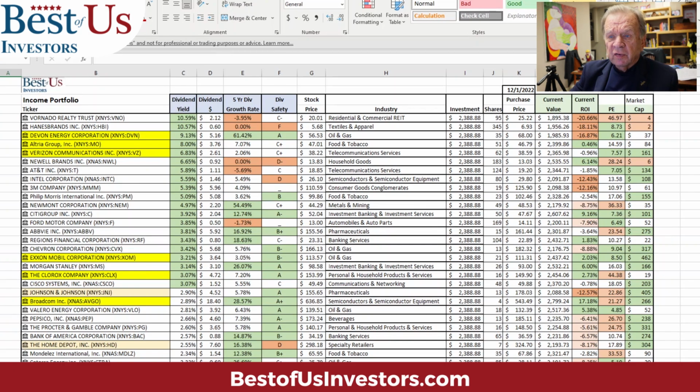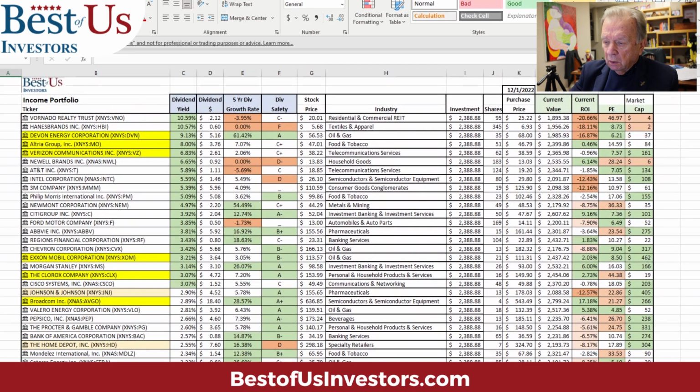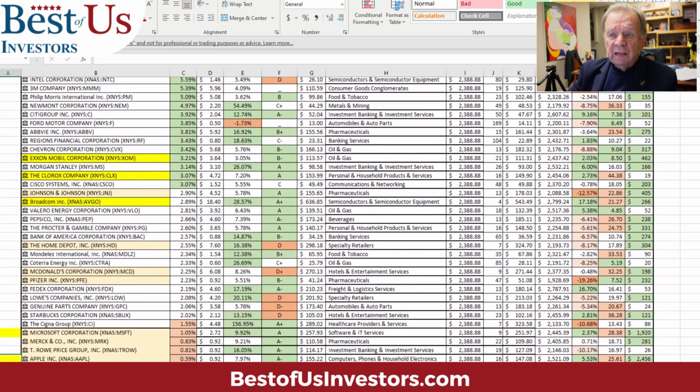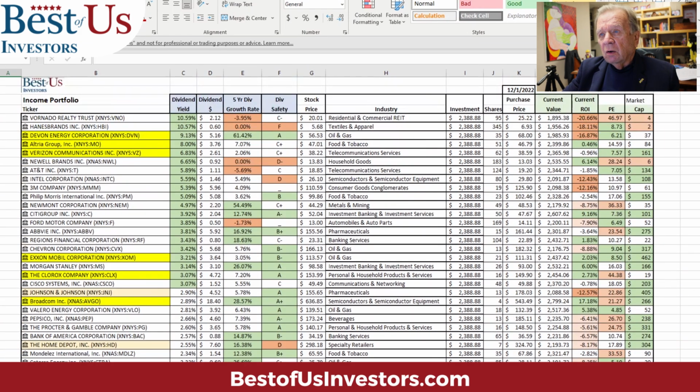I don't own all these stocks. I own the ones that are in bright yellow. As I said, what prompted me on this was that Dividend Seeker, who I follow on Twitter, gave me a list of dividend stocks owned by Kevin O'Leary. Those are the ones that are in the light yellow there, starting with Johnson & Johnson, Home Depot, McDonald's, and you can see them. Then what I did was say, okay, I want to get some analysis to put these stocks side by side. The rest of them are basically stocks that I have read are the highest dividend-paying stocks